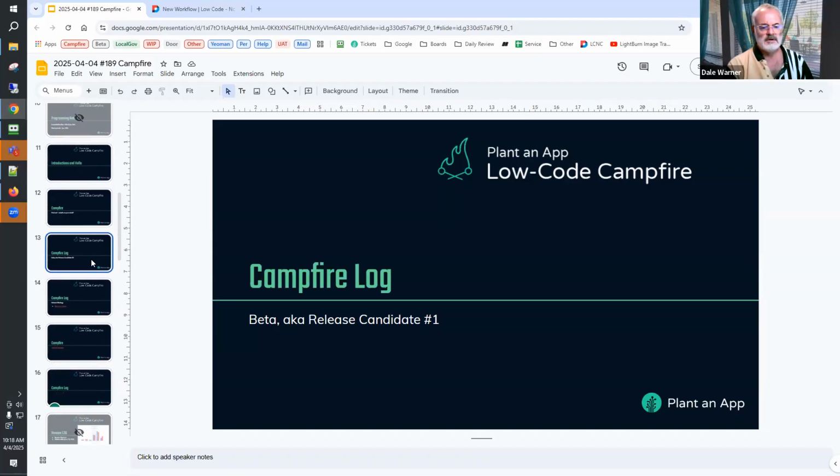So I've already mentioned we are in version 127 beta, which we're also calling release candidate 1. We'll number them much like the platform numbers them as well, so that as we go through testing, we'll keep advancing until we land on a release candidate that is acceptable, and then we'll call that the final version. So a little terminology change.